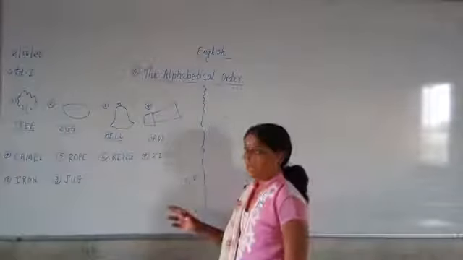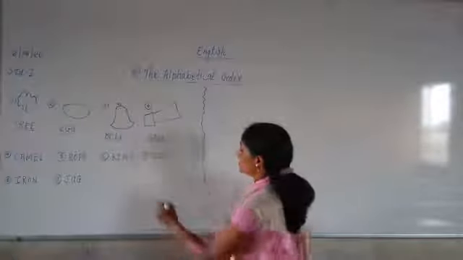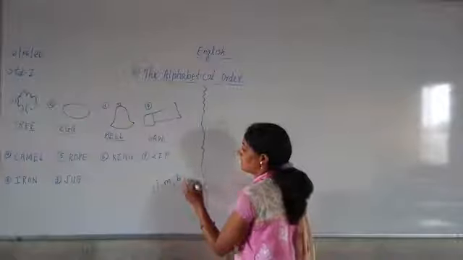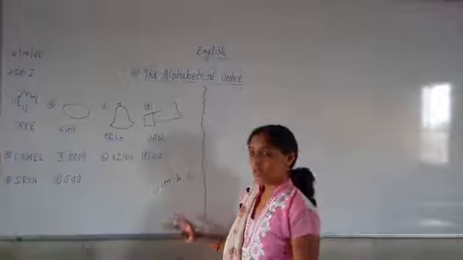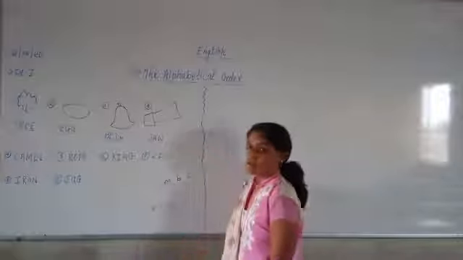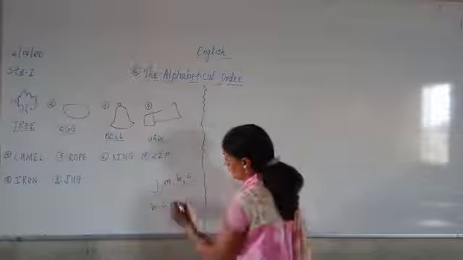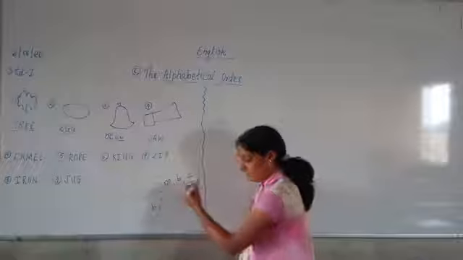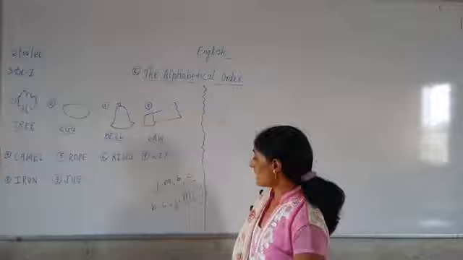Then if the words are in alphabetical order, it is okay. But if they are not in alphabetical order, if the first one is J, then M, then B, and then C. Now if you have to arrange these letters in alphabetical order, how do you arrange them? First will come which? First will come B, right? After B, which letter will come? C will come. After C, which letter will come? J will come. And after J, which letter will come? M will come.